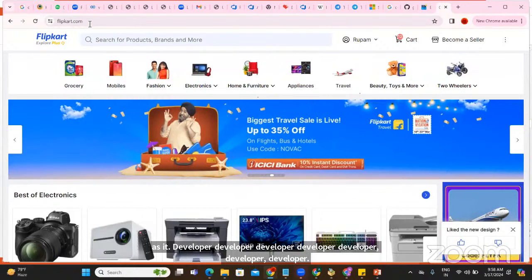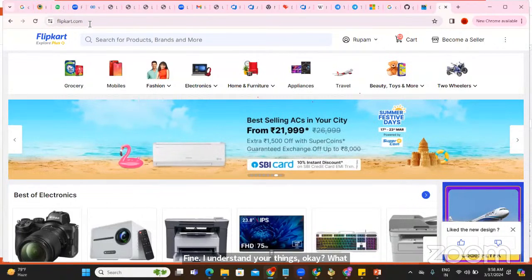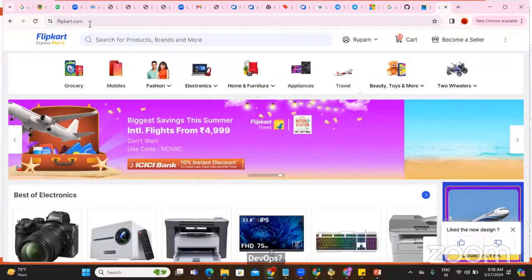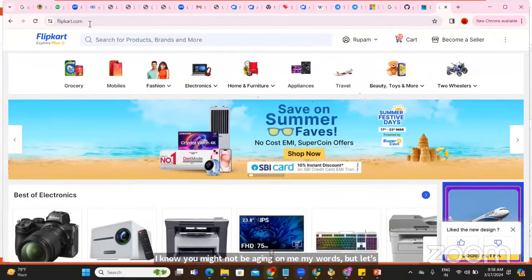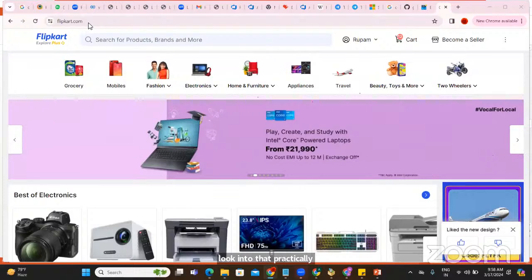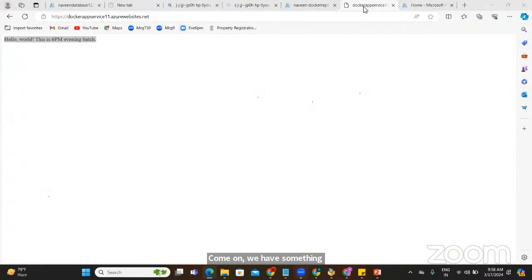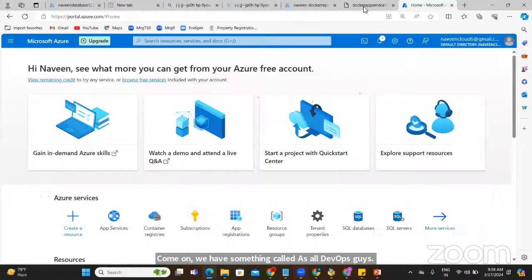What if I say DevOps? I know you might not agree with my words, but let's look into that practically here itself. We have something called Azure and Azure DevOps, guys. This page is called portal.azure.com, and it is also called Azure Admin, Azure Cloud.